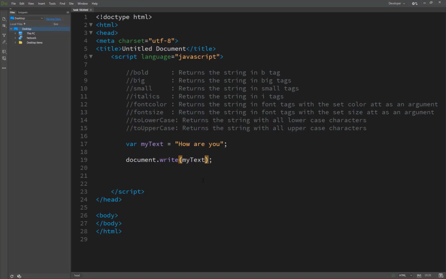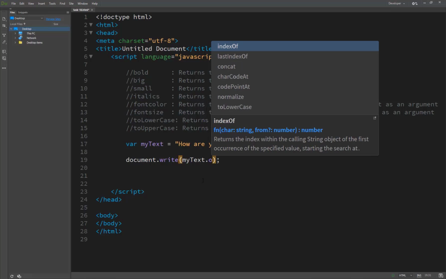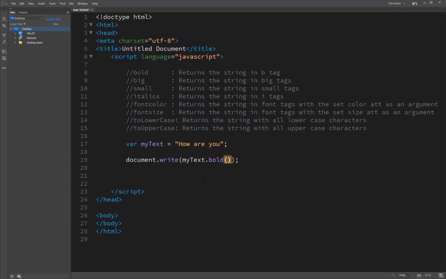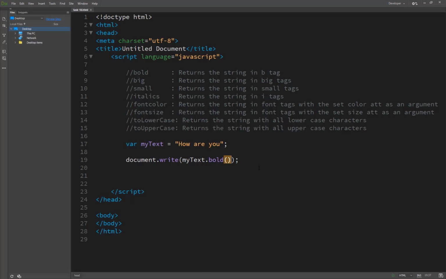So we can easily apply my text dot bold, because bold is a function and it's a default function of JavaScript. So when we are calling a function, we pass the name of the function and after the name, the parentheses or these brackets to call the function. So we call the function with my text bold, and now you see the result. And here you see that our text has gone to the bold format, so it means our function is working.